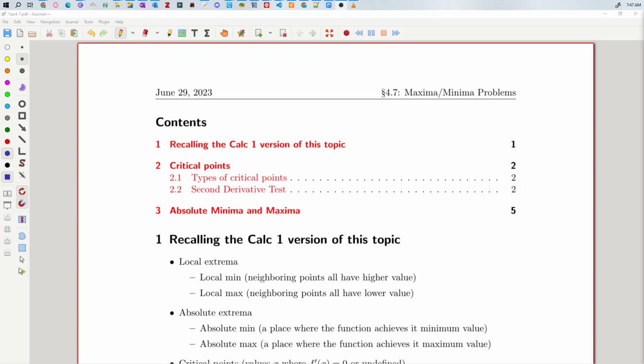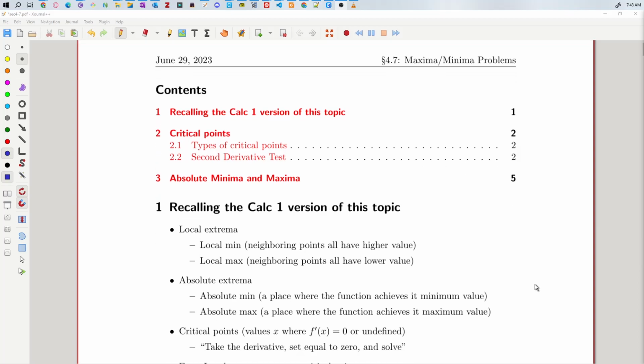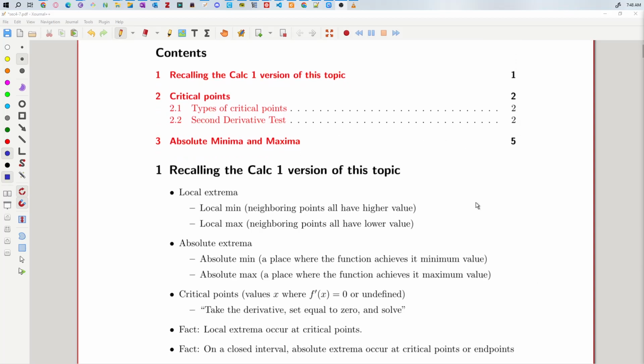So what I want to start with is reviewing what we know about maxima and minima problems from Calc 1. In Calc 1, first of all, we had a lot of terminology that we introduced. So what it means to be a local min or max versus what it means to be an absolute min or max. Local mins or maxes are places on the function where the neighboring points